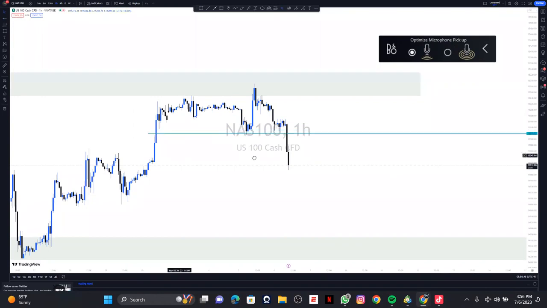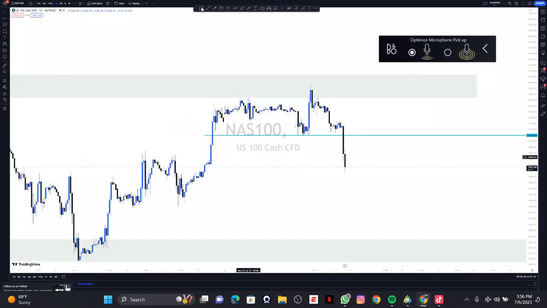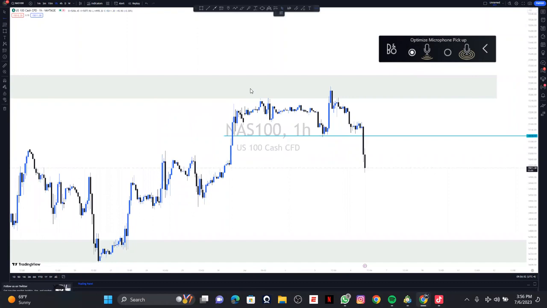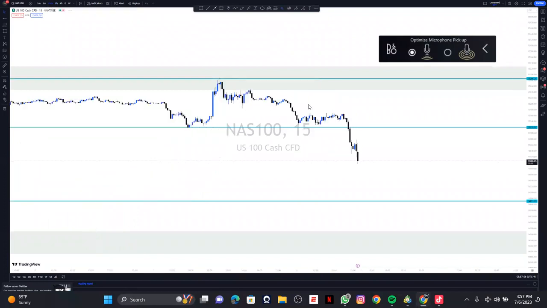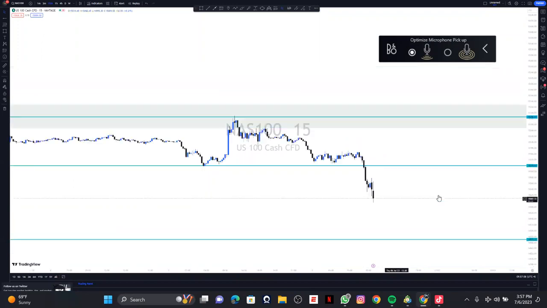So having a break of structure changes the whole thing. So now the target that we need to expect the price can reach is this one on NASDAQ. Understand? So what happened on NASDAQ yesterday,